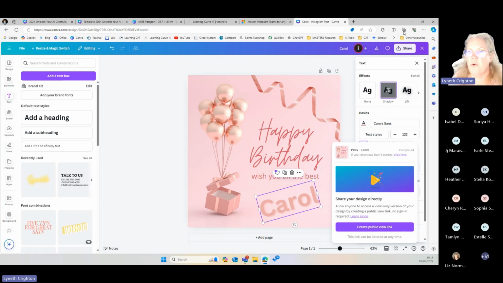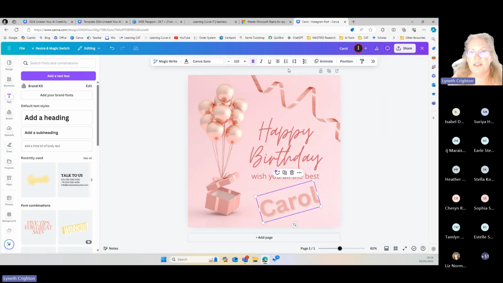So there's no more text happy birthdays. You can spend literally 2 minutes creating a birthday card, and that actually works for any kind of template. It will automatically give it a name up here. If I want to change it, this is how I change the name of the file.